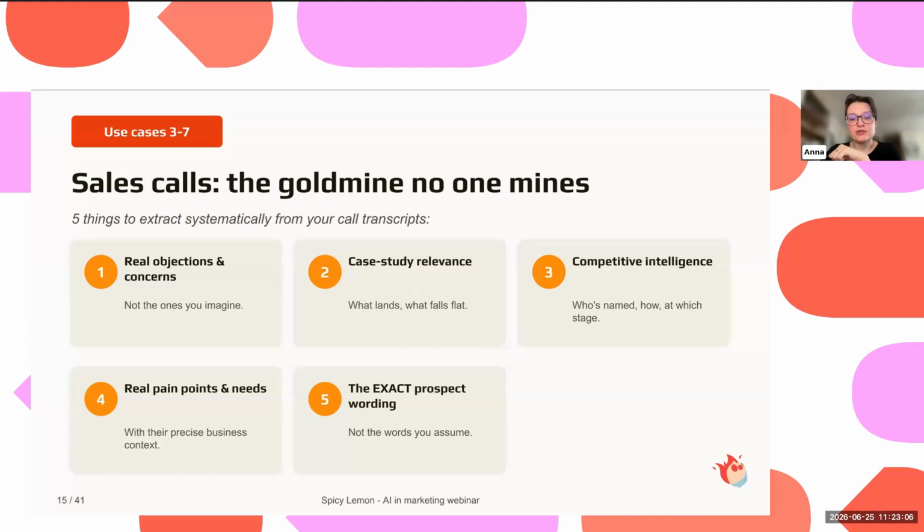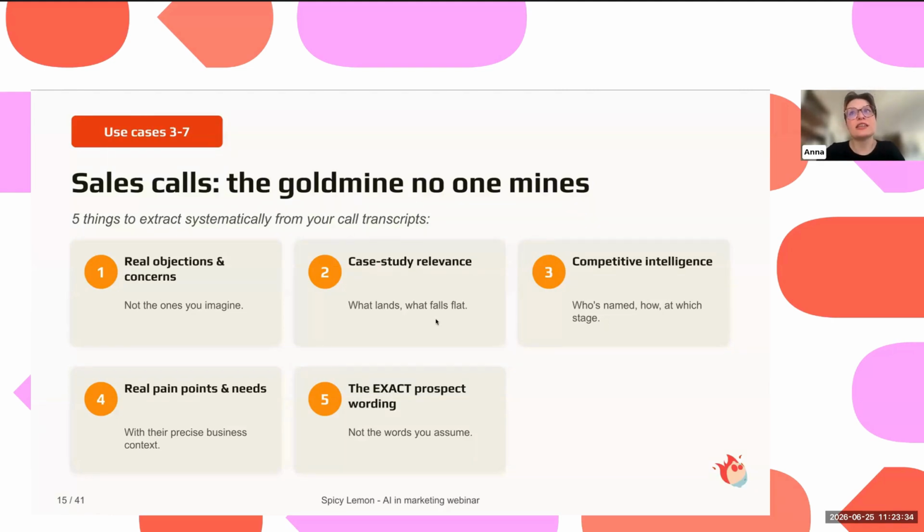The first one is to be able to understand which are the real objections and concerns of your persona and how you can reuse it in the marketing team. So if you have exactly all those objections, you could also have automatically an agent suggesting how to improve the FAQ on your landing page with the right questions about your business, and that could be very interesting as well.